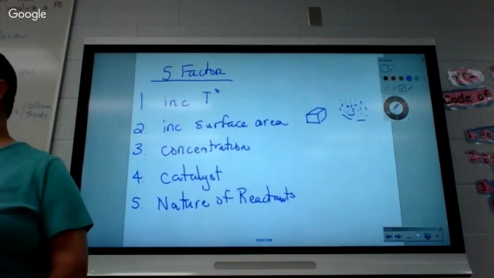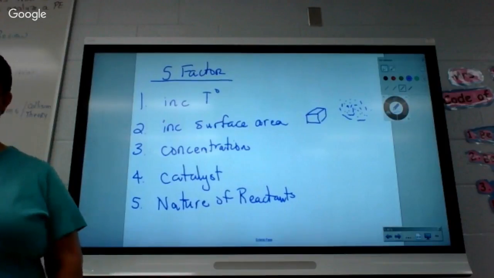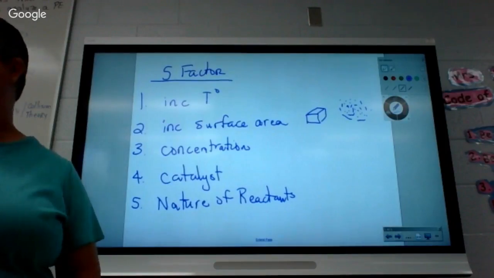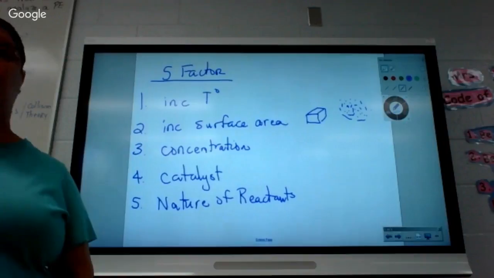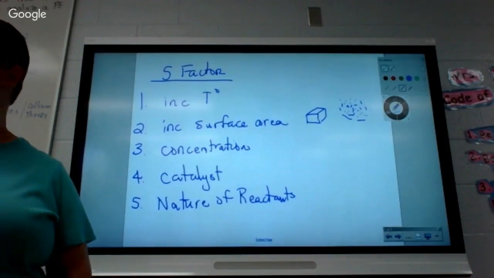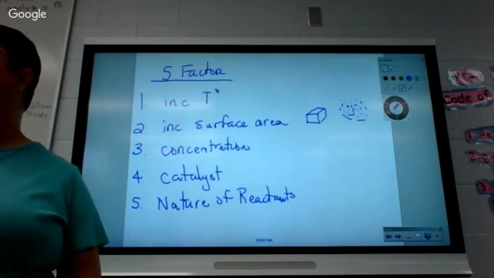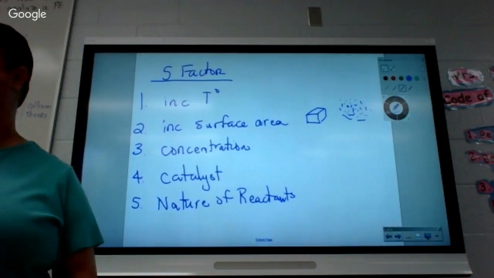Brian, can you give me another group that you think would be fast? Group 1, group 2, and 17. Thank you. All right, very good. Group 17 is what I was hoping for there. Group 1 and group 17 are the two most reactive groups on the periodic table because they're how many electrons away from 8? 1. Group 2 is pretty reactive, and you could even argue group 16. But group 1 and group 17 are the two I was shooting for that would be the fastest.